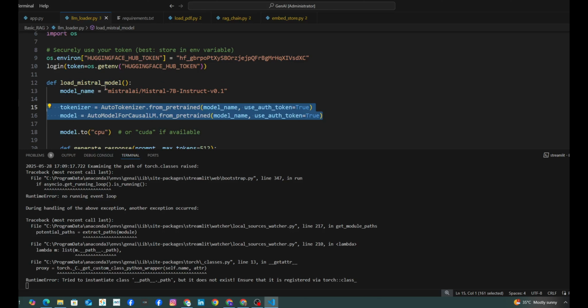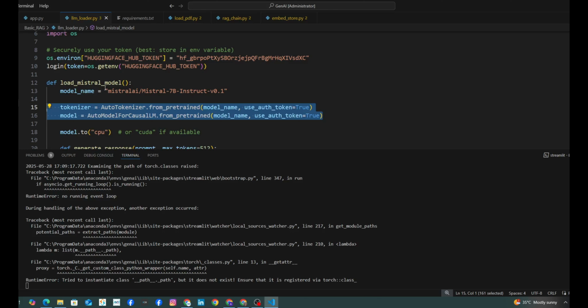Then this AutoModelForCausalLM loads the model suitable for causal, meaning left to right text generation. And the pipeline is a high level API to wrap up your model for easy usage. Right? So this is actually setting up the grounds for Mistral.